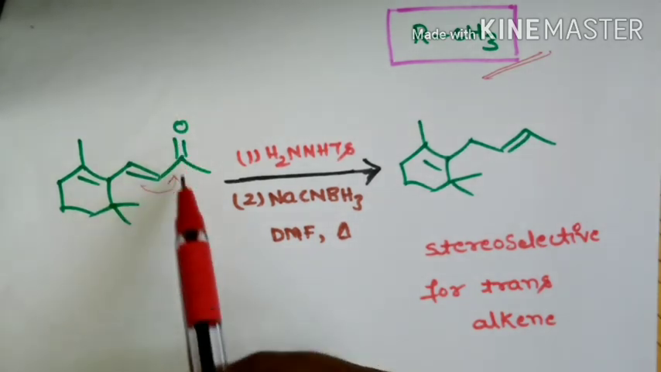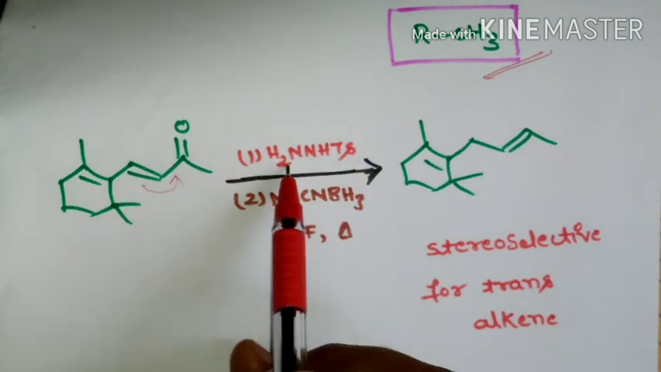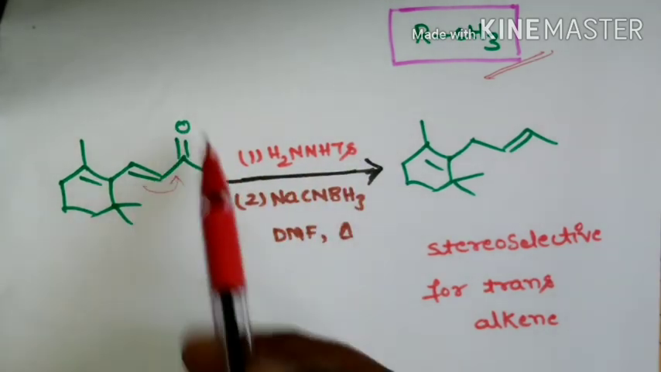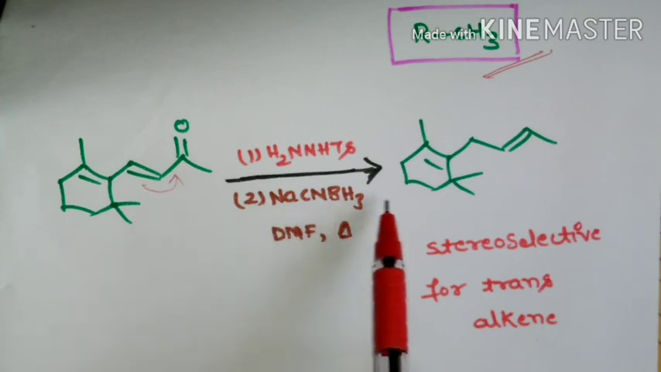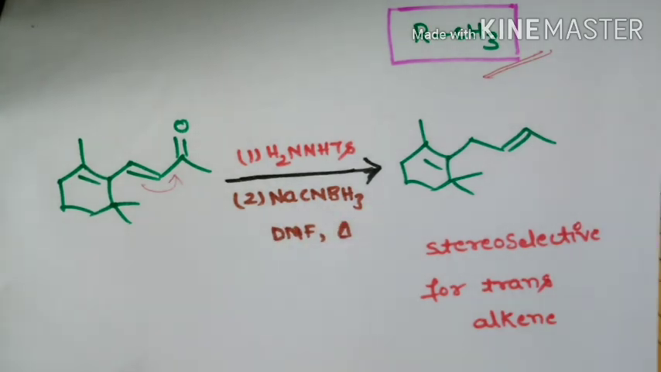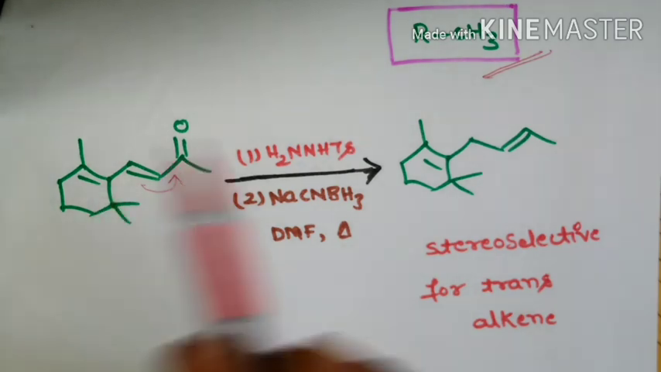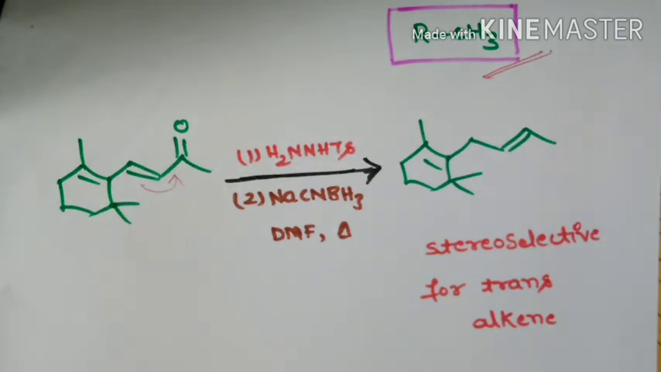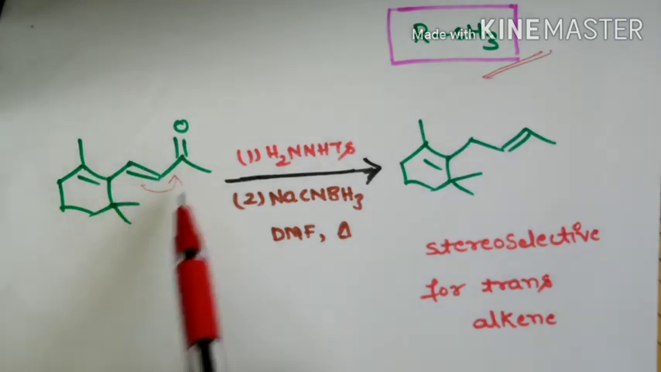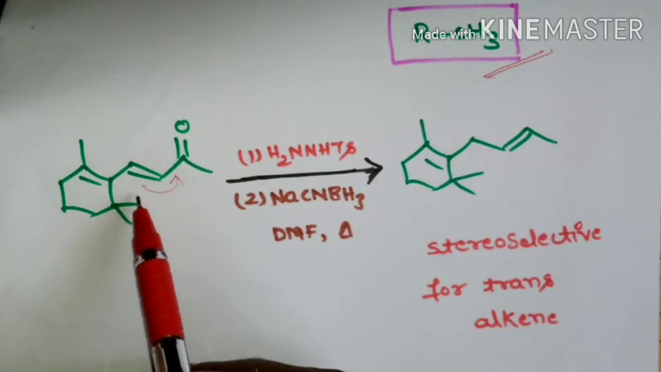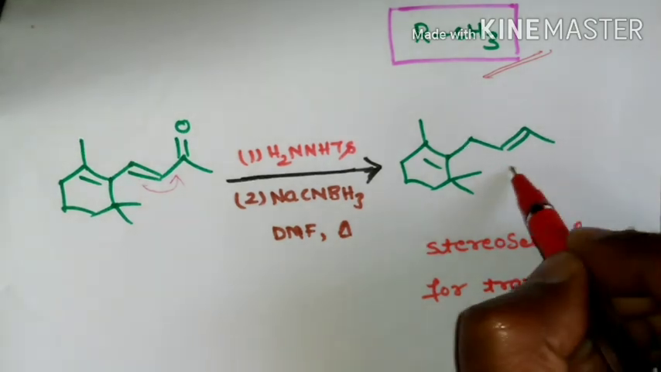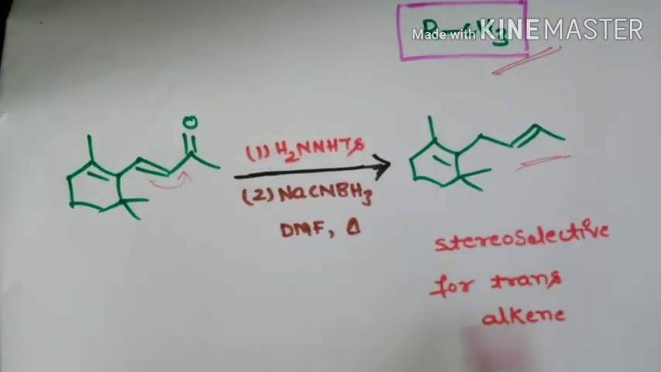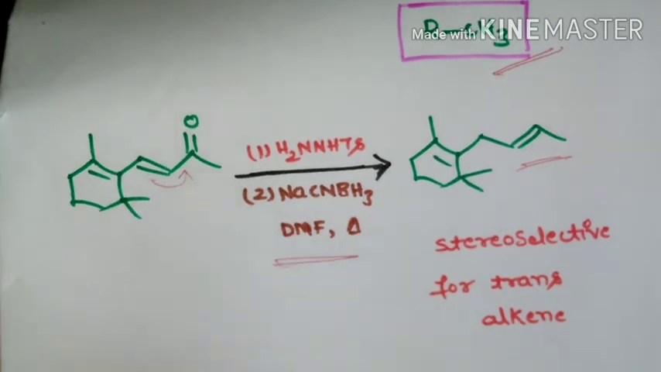Here you can see this carbonyl group reacts with tosyl hydrazine and is going to form a hydrazone. Then if we do the reaction in the presence of sodium cyanoborohydride in DMF under thermal condition, we are expecting deoxygenation. But in the case of alpha beta unsaturated, what happens is there will be migration of this double bond and it is going to give a stereoselective trans alkene. So this is a very important reaction